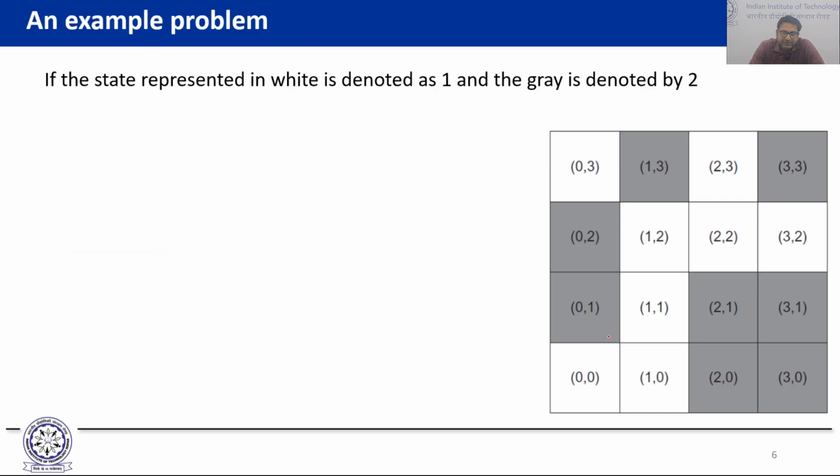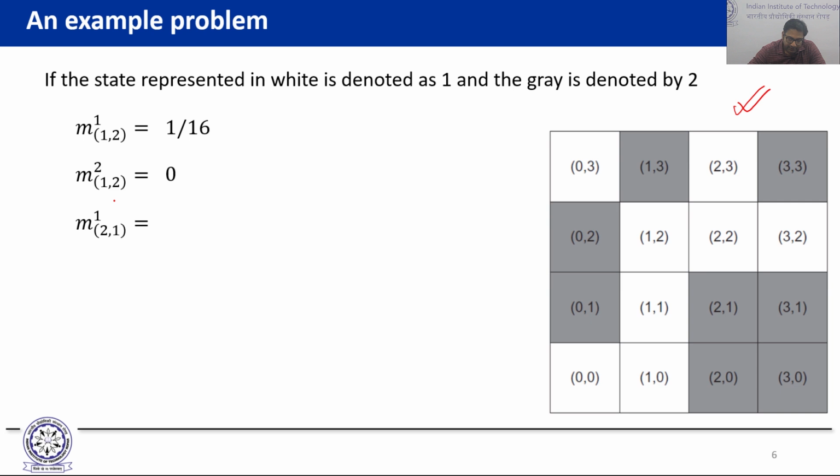So if a state is represented in white, let us say by the number 1, and the gray is represented by the number 2, if you look at this very small matrix which apparently describes a microstructure, you can actually start writing those M_n^s type of values over here. So in this case, if I look at M1 in the cell 1, 2, the value of that is going to be 1 over 16. Similarly, if you look at M2 in the cell 1, 2, the value of that is going to be